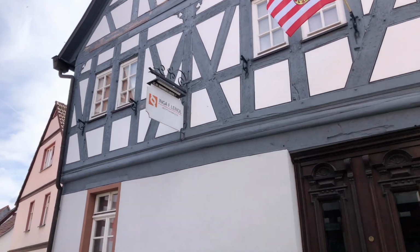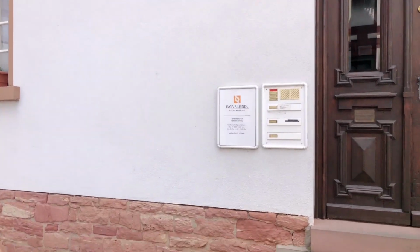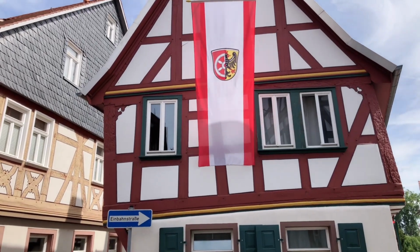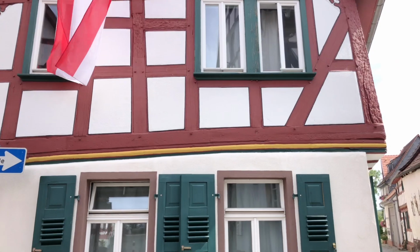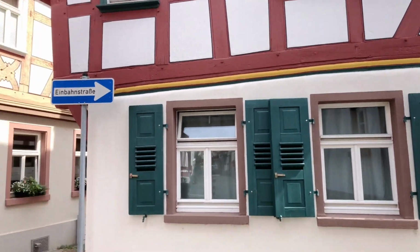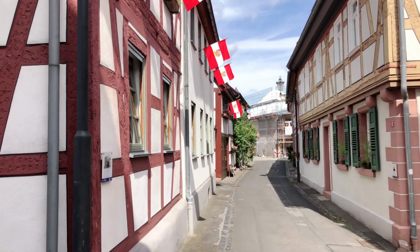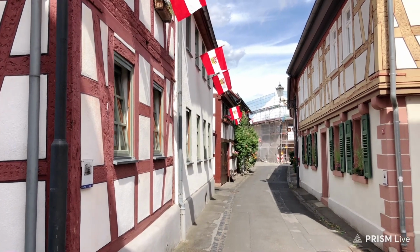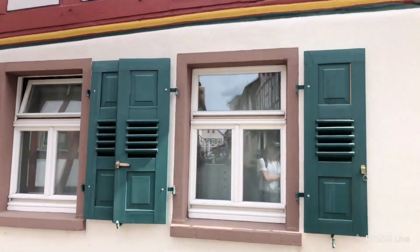But look at that. Here we have a lawyer's office, but most of them are actually living houses, where people actually live. So let's have a look what it looks like. Oh, here we are. Look at that. Isn't that beautiful? Beautiful side with the old flags flying because of the Gildefest. I'll talk about it very soon, but let's have a look through here and go into one of these little